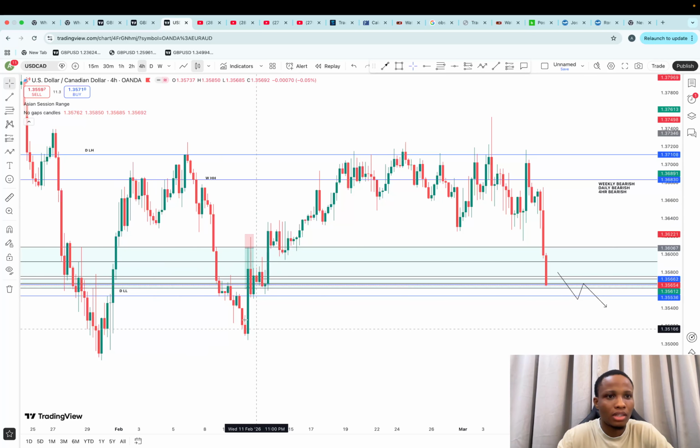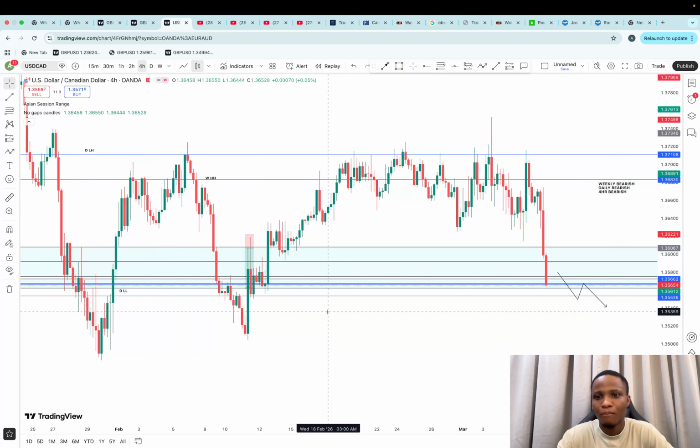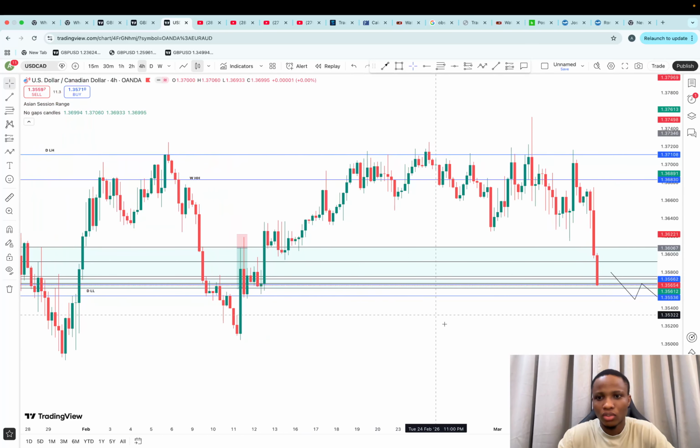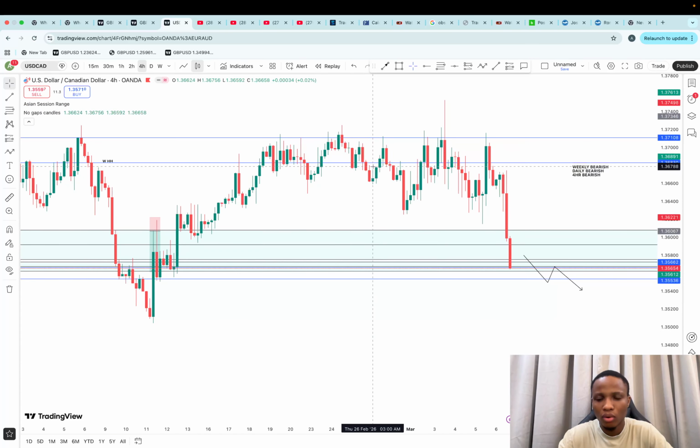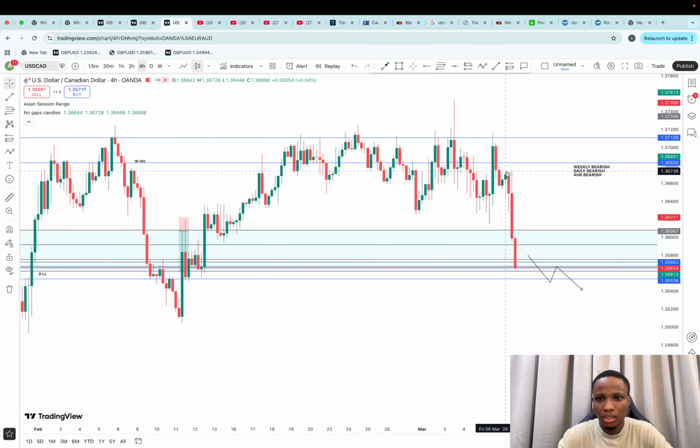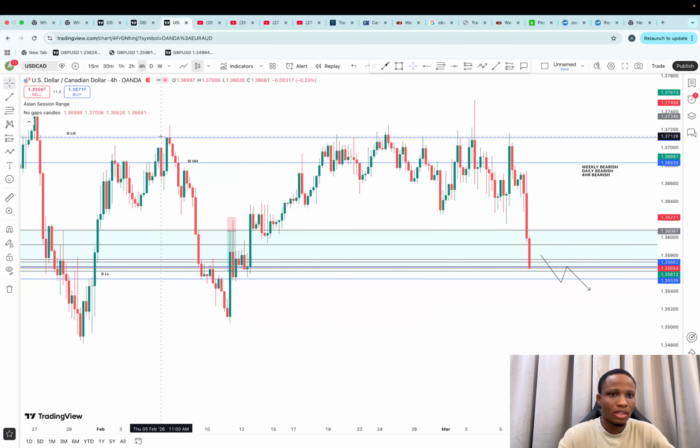So the first pair on my list this week is USD/CAD. Last week I was looking to trade this market at this level. I was waiting for a breakout and retest, but that didn't happen. But this week I'm looking to trade USD/CAD again simply because we are having a